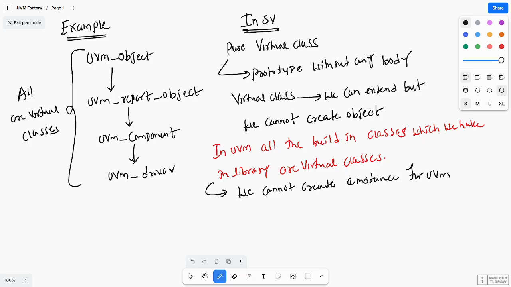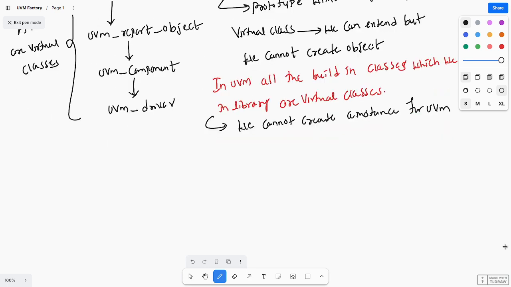Suppose uvm_driver is there. This is one virtual class, which is going to have